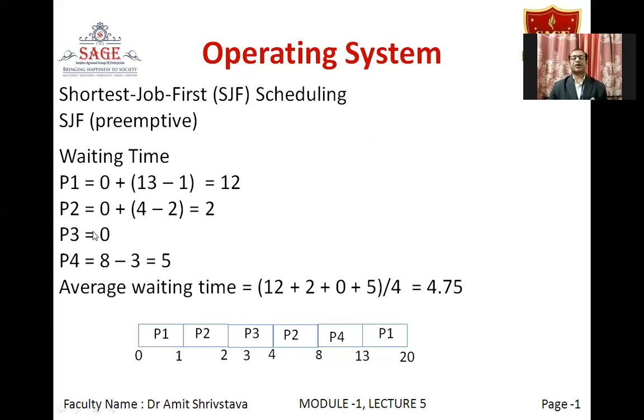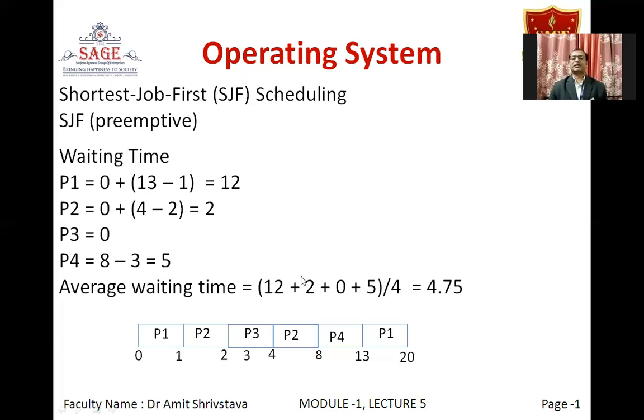Now the arrival time of P3 is after 2 unit time interval, and we have allotted the CPU to P3 after 2 unit time interval, that is the waiting time is 0. But P3 has got only the CPU burst of 2 unit time interval, and we have completed it in one stretch. That is, no more further allotment was required for P3. So here the total waiting time for P3 will be 0 only.